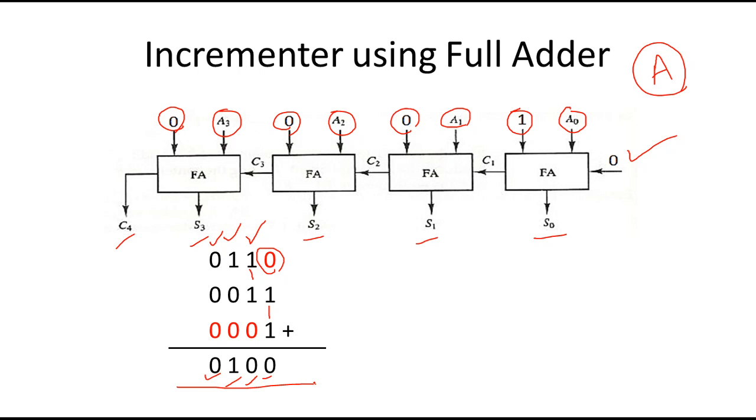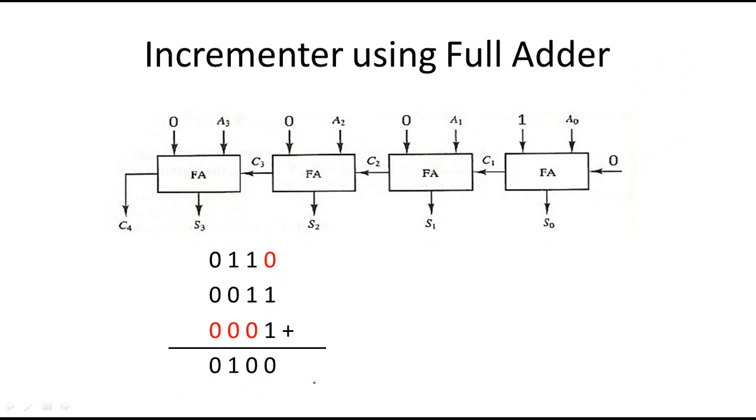So if we analyze this circuit a little deeper, we see it adds 2 bits at a time, and the third bit remains 0. If we add the first 2 bits, we have Cin as 0. As we already know, if we add 0 to any number, it doesn't make any difference. The number remains the same, whether we add 0 or not. Except for the first full adder, all other full adders have 0 as one operand.